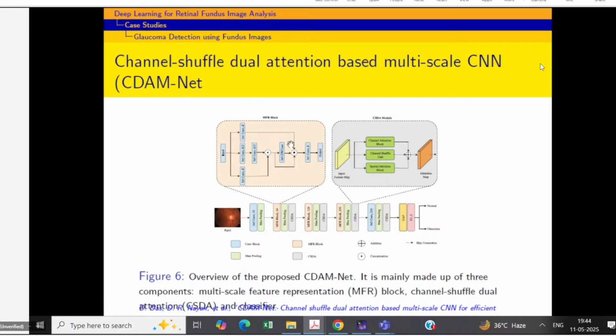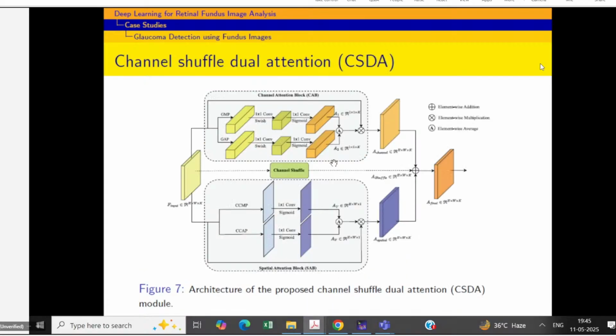So after every multi-scale feature representation block, which basically helps in extracting the features at different scales, we have proposed one attention module, again with the help of channel attention and spatial attention, which we have already seen, right? And there is one more channel shuffle unit which has been introduced just to have a better feature flow within the network, right? So after extraction of the multi-scale features, it always passes through these attention modules to focus on the important part and